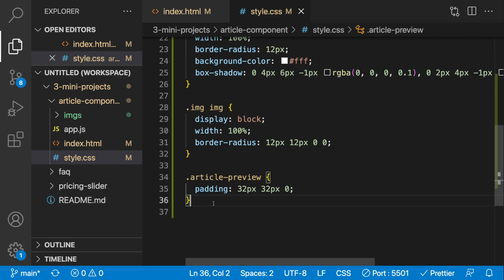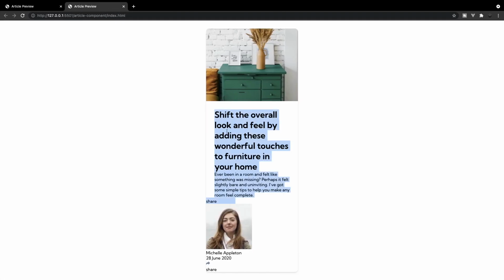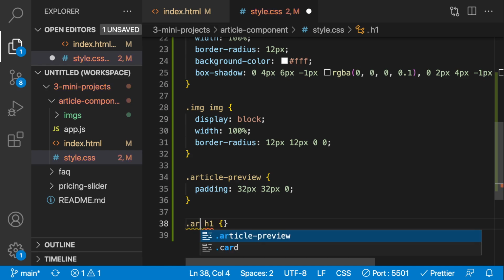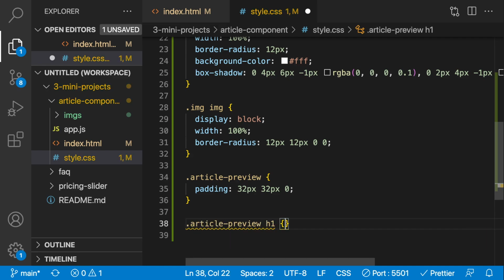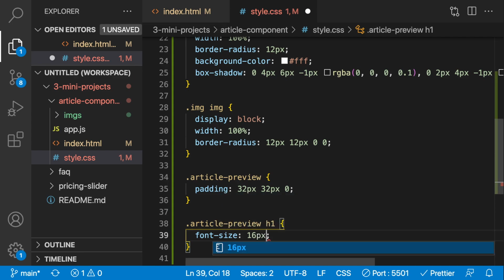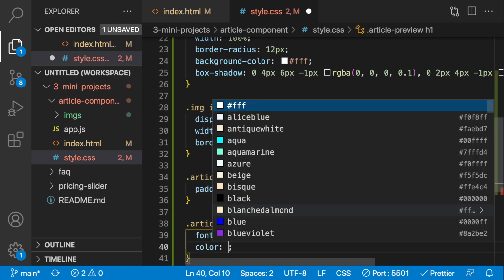Now what we want to do is target the H1 and paragraph tag within the article preview div itself. Okay, so we could just go ahead and pass H1 here because we only have one H1 within our project, but to keep things consistent, what we'll do is we'll say article preview H1, so it only targets a specific header, and then we'll say font size, we'll give it 16 pixels,